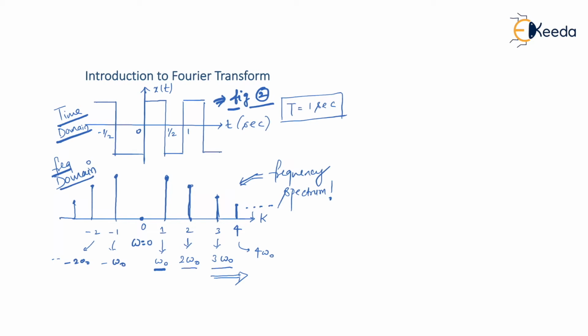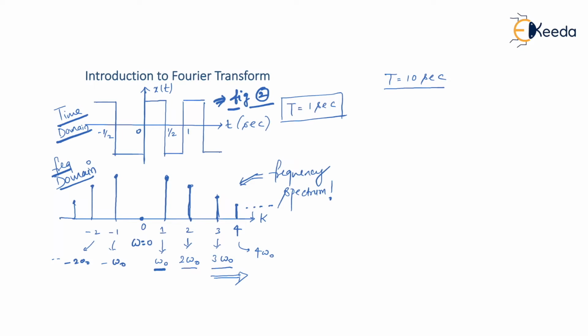So to come from time domain to frequency domain, we have used a tool called Fourier series, because for periodic signals we go for Fourier series, and I told you in the introduction lecture of Fourier series that for aperiodic signals we plan for Fourier transform. Why so? Now you will understand in this video. So what I'm planning over here is to increase this time period and make it 10 seconds.